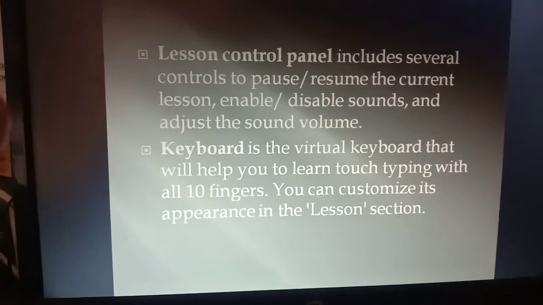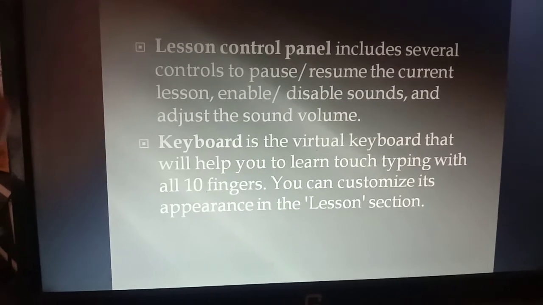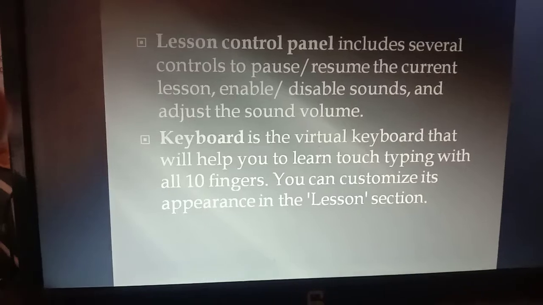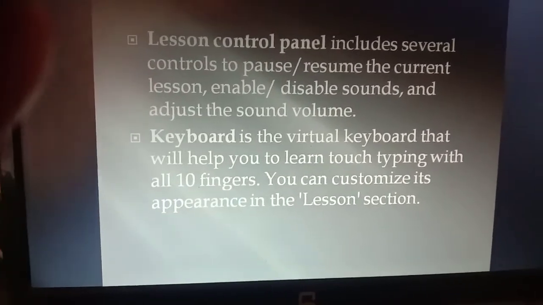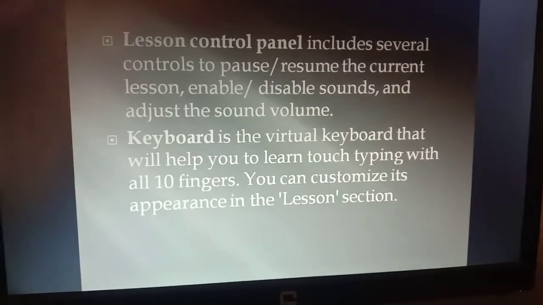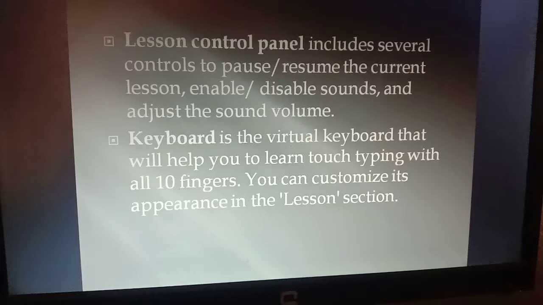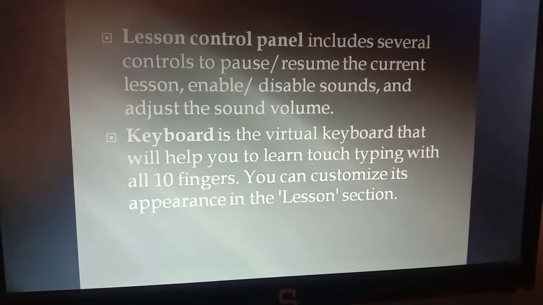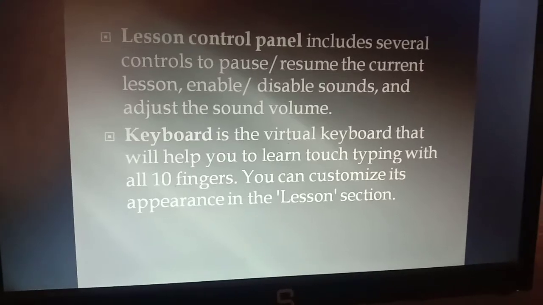You can also enable or disable the sounds. Next is your keyboard. The keyboard is a virtual keyboard that will help you learn touch typing with all 10 fingers. You can customize its appearance in the lesson sections.